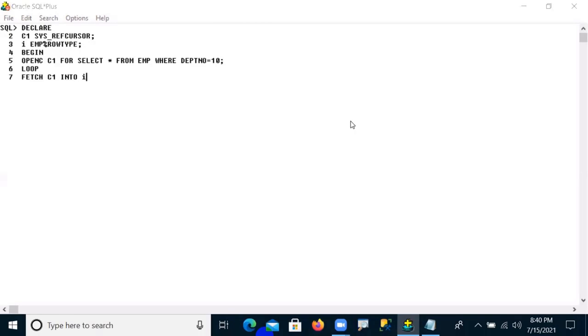Now FETCH C1 INTO I variable, into the I variable. After that, as it is a simple loop, there will compulsorily be an exit statement. When I want to exit here,